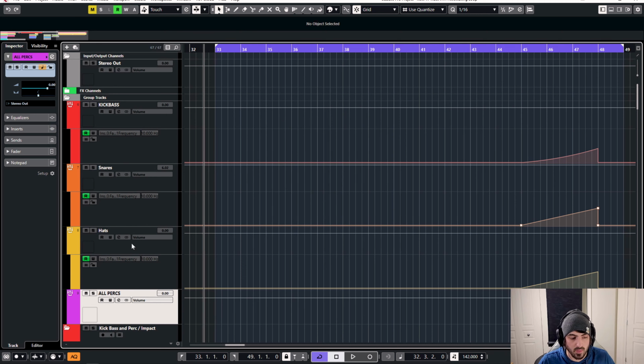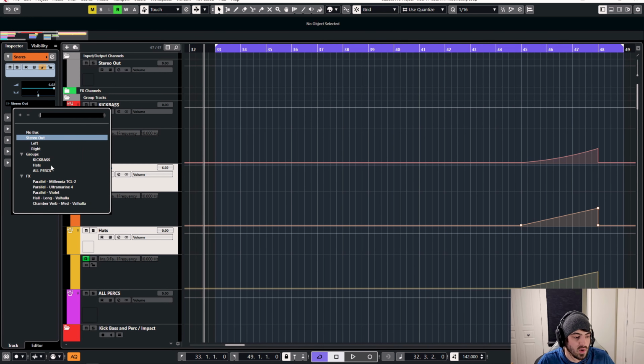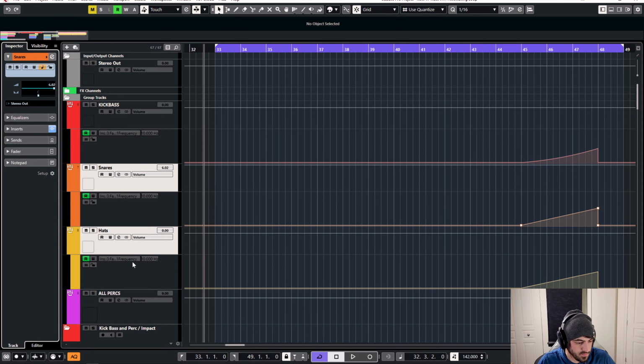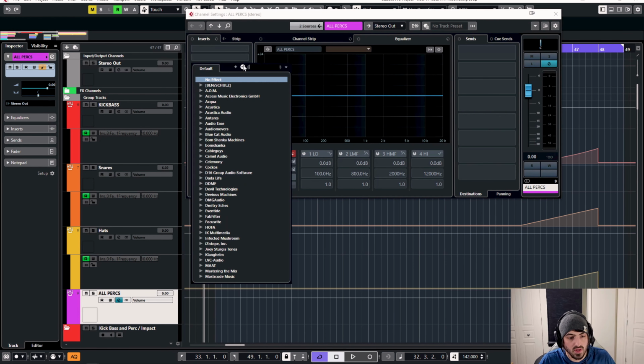So it's going to be this purple channel down here at the bottom. So I'll take my snare group and my hi-hat group, and instead of them going to stereo out, we're going to route them over to that group before they hit the stereo out. So now if I add a compressor onto this all perc group, it's going to be applied to all of the percussion, the hi-hat samples, the loops, and the snares